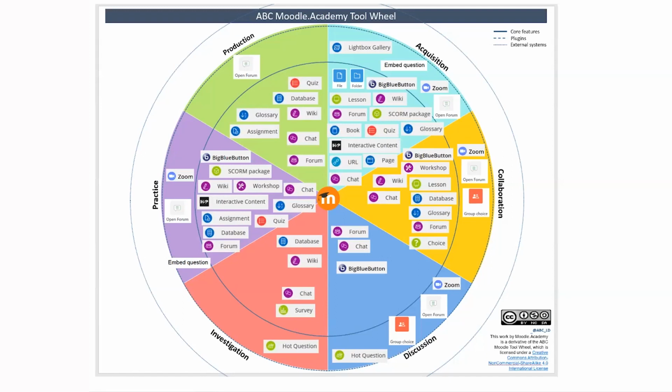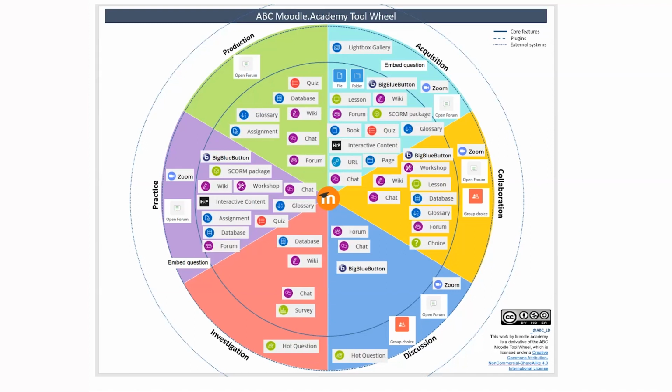So just a bit about the Moodle Academy tool wheel. It shows the core Moodle activities, but just to let you know what we tend to use, we use Moodle books with embedded quiz questions, as I've mentioned, the Moodle quiz for formative and summative assessment, Groups Choice, which I've mentioned already, to enable learners to self-select their groups, Zoom for our webinars, which works quite well with Groups Choice because it actually allows you to automatically have students select their group and then move into those breakout rooms that we created before. The glossary for sharing terminology, and either discussion forums or open forums if we want anonymous posting.